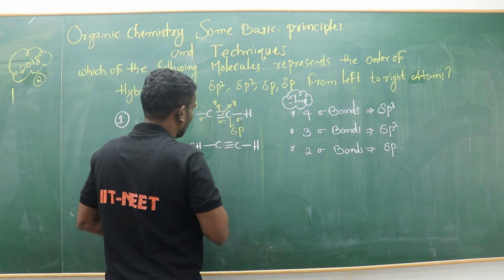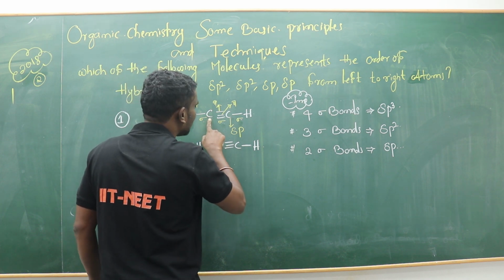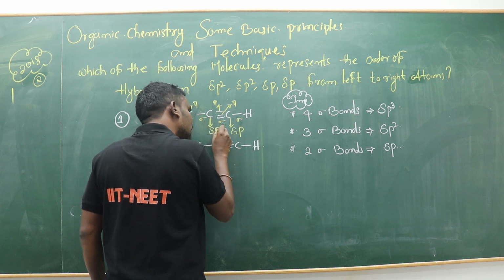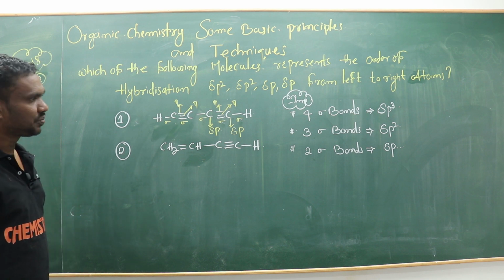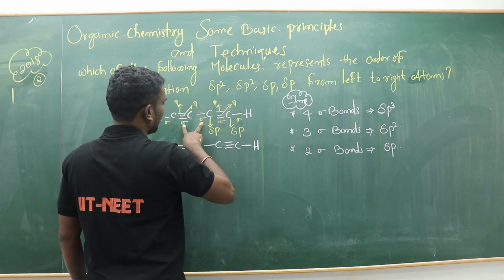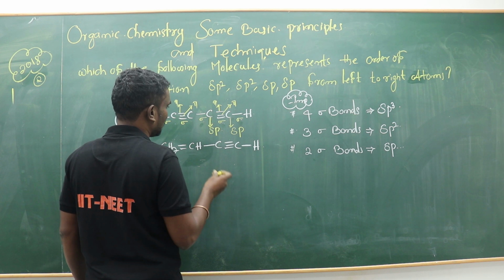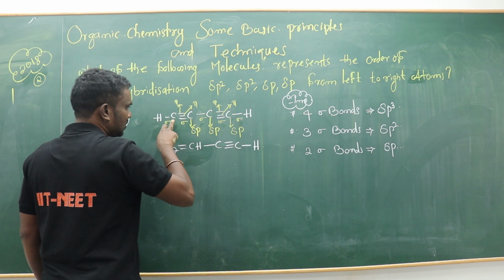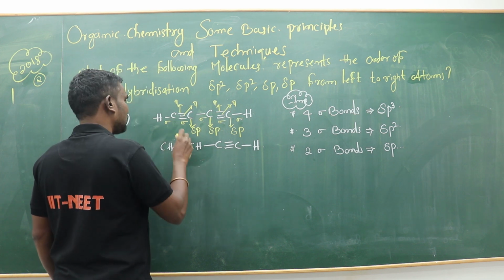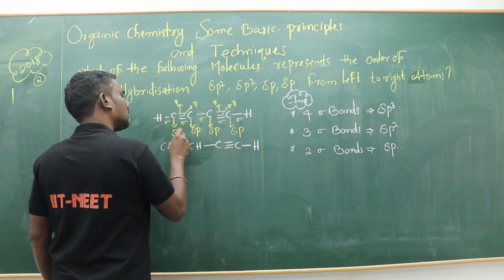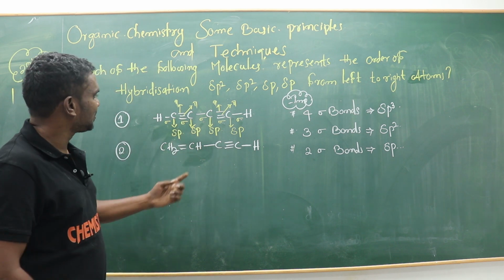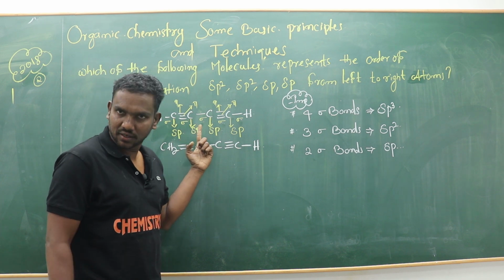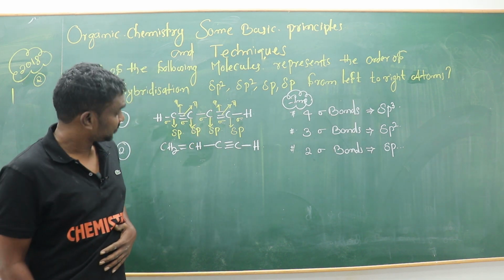See sir, this carbon also, observe careful sir, this carbon also belongs to what? 2 sigma bonds. So that is the reason sp hybridization. So similarly, here also this carbon belongs to what? 2 sigma bonds. So my dears, this is sp, right? This carbon belongs to 2 sigma bonds. So that is the reason sp beta ji. See, this sigma bond belongs to this carbon as well as this carbon beta ji. ध्यान देना उस पे, right? So next